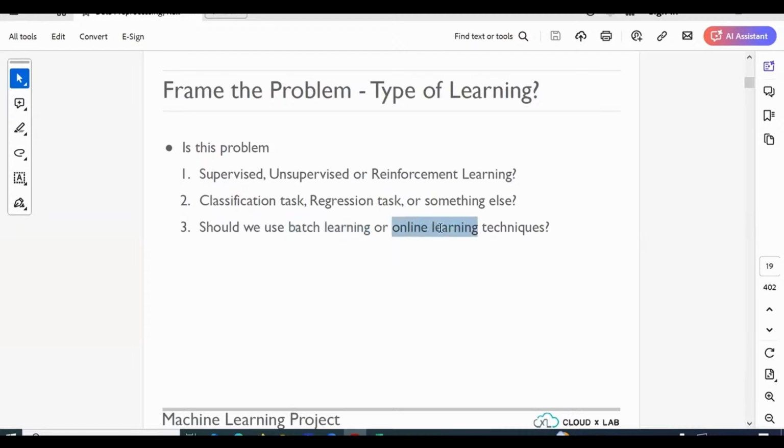In online learning techniques, sometimes at a time we only have a part of the data available. Since we do not have access to the complete data, we can use online learning techniques to build machine learning models in such scenarios. So for this house prediction problem,